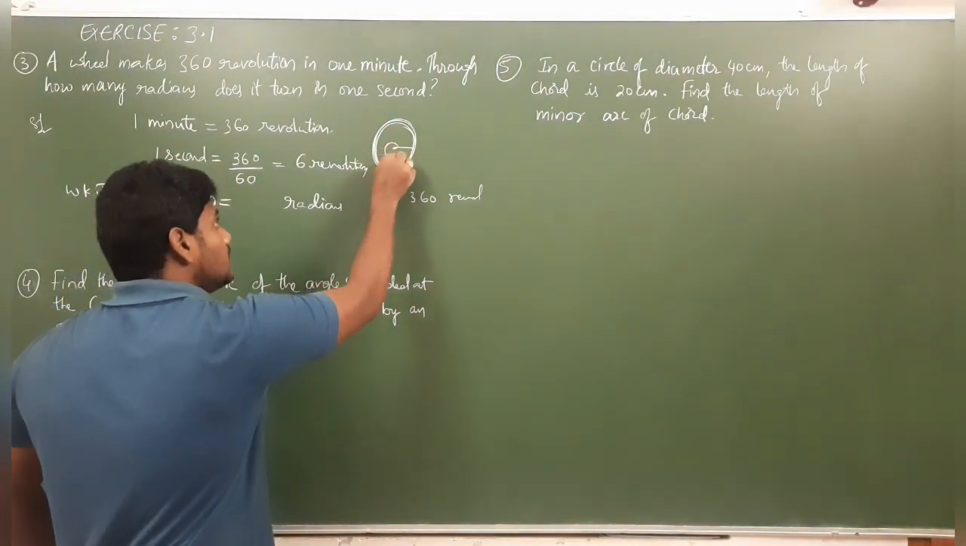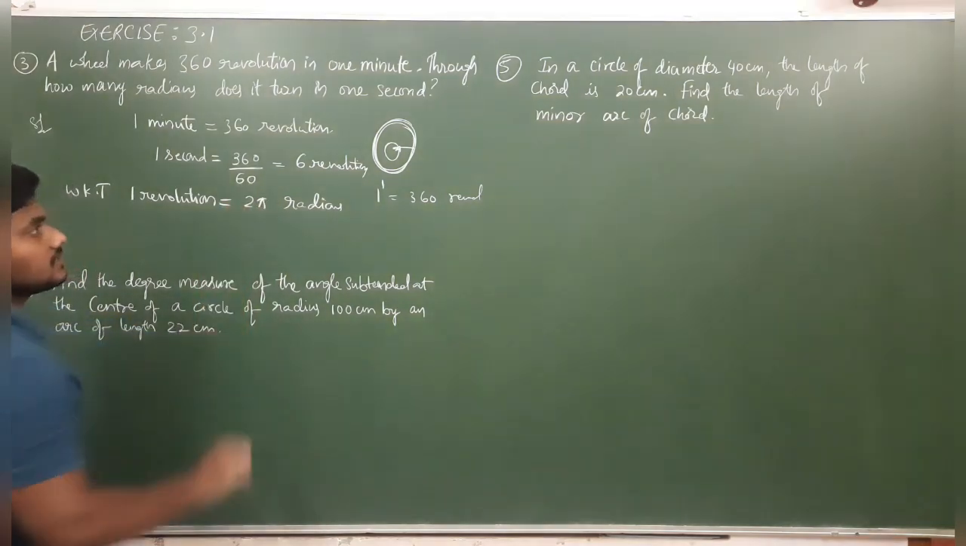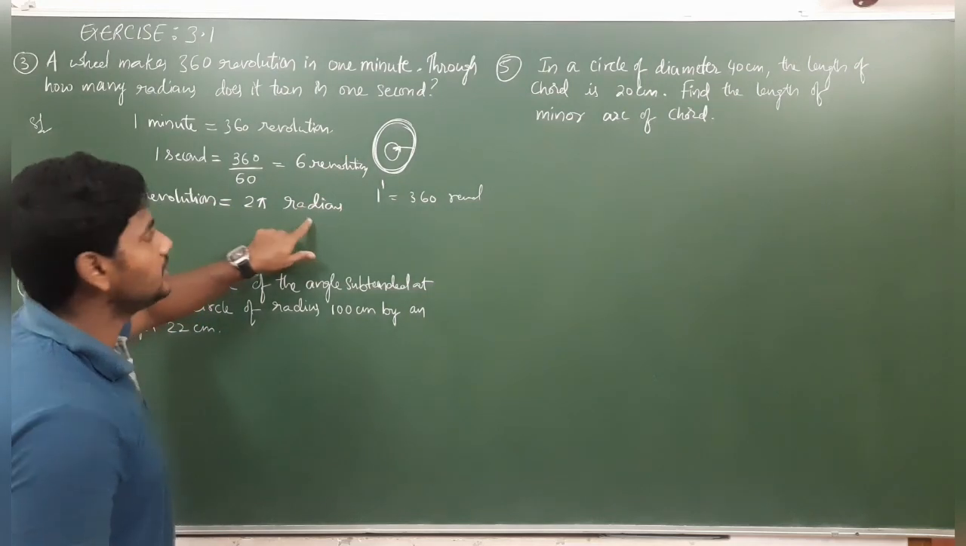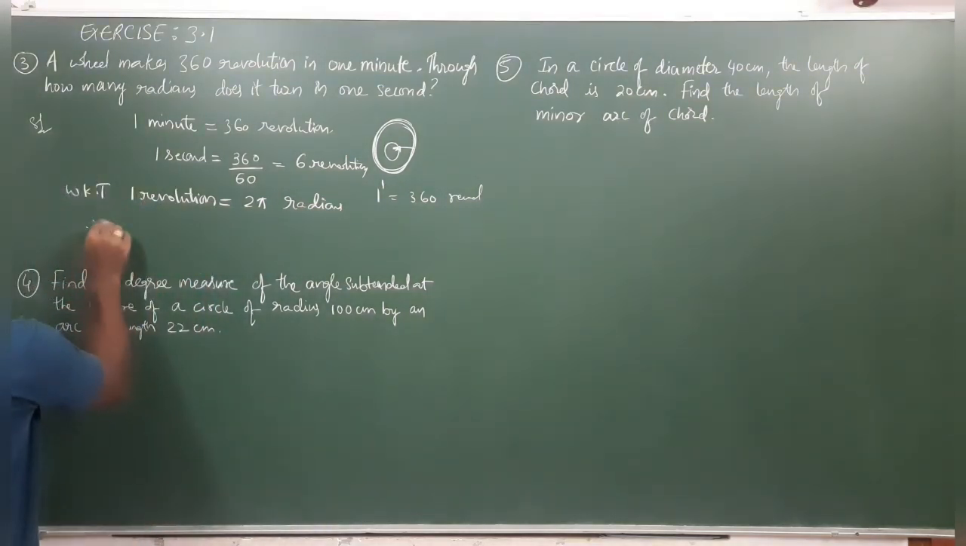1 revolution means 2 pi radians, nothing but 360 degrees. 1 complete revolution is nothing but 2 pi radians. So 1 revolution means 2 pi radians. That means radians